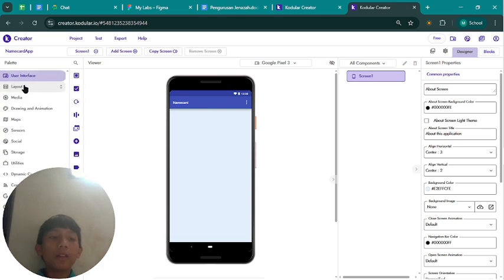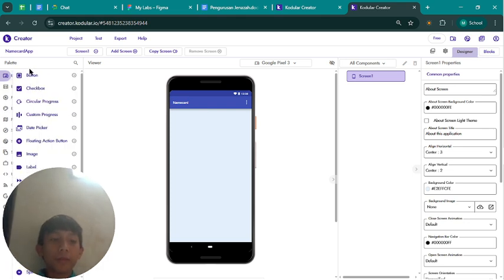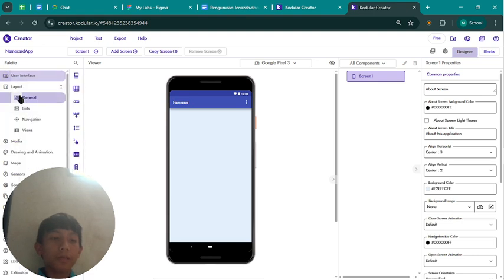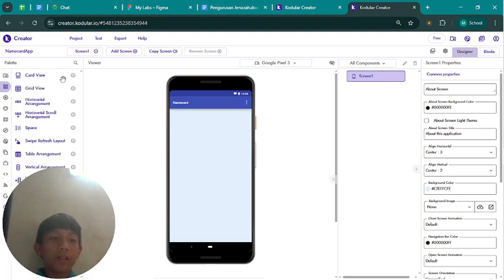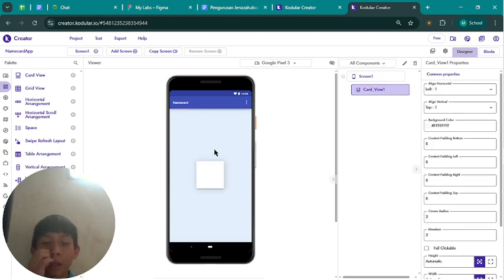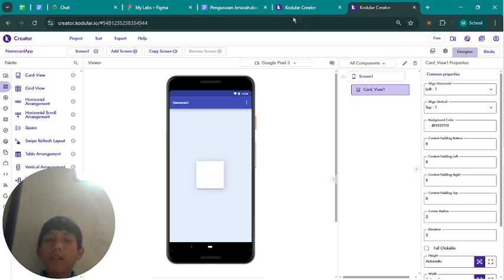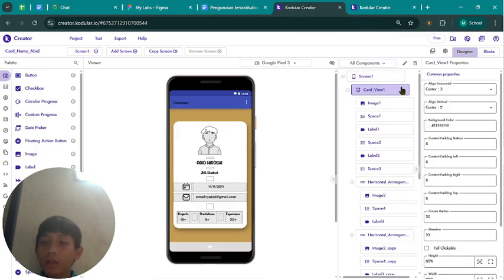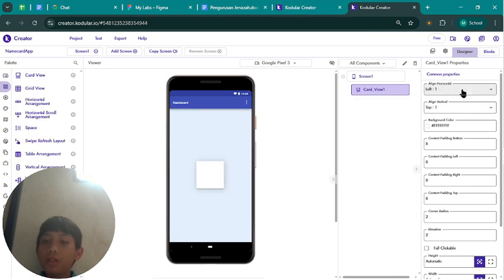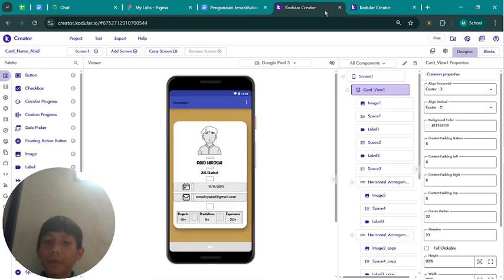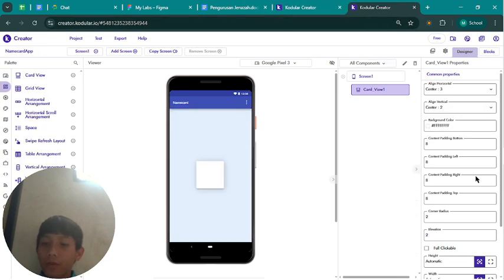And then in here you add card view. In the layout, you insert card view, just drag and drop in the screen. Okay, for the card view, you change align horizontal and vertical to center. For the corner radius, you change to 20, and for the elevation, change to 10.